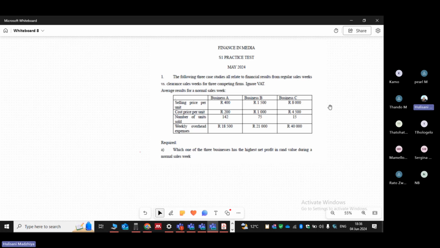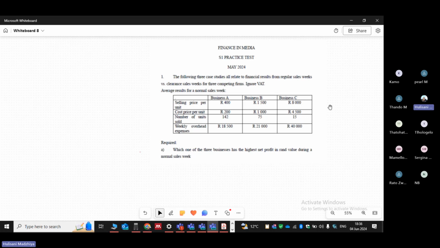We've got business A, B, and C. The required is: which one of the 3 businesses has the highest net profit in rands during the normal sales week? So you are given the following information: the selling price for each business, the cost price per unit, the number of units, as well as